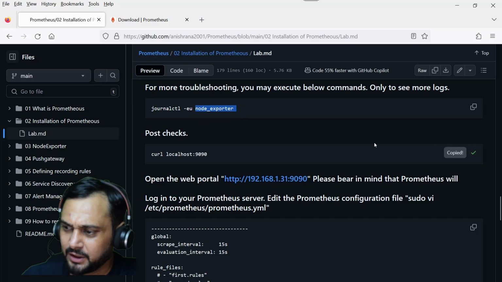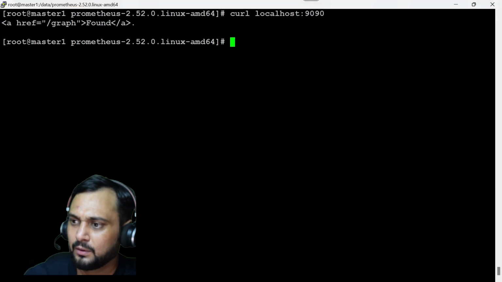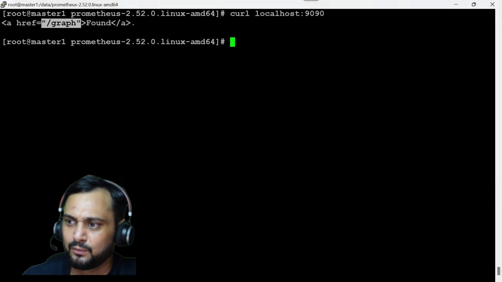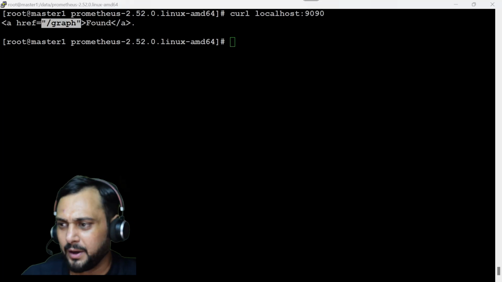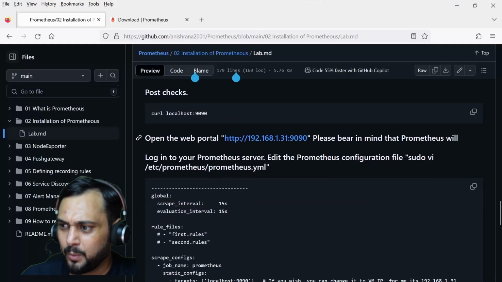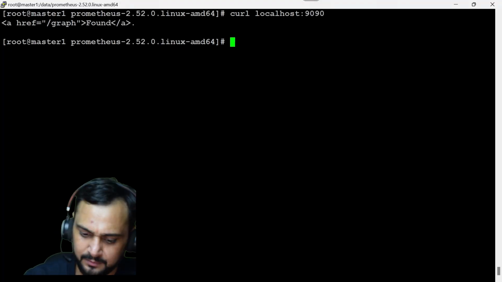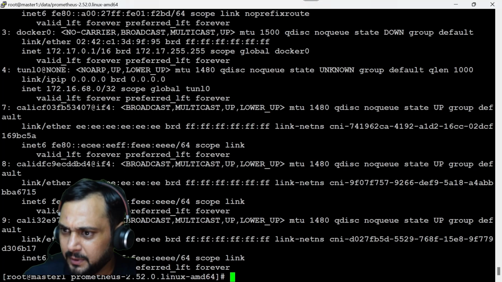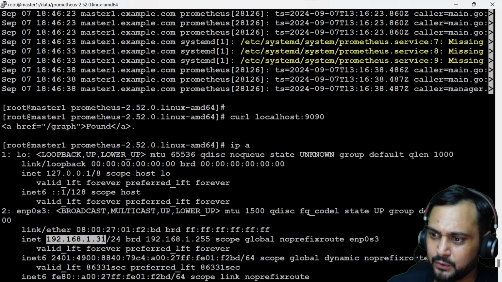Post check. We can also check whether the URL is working or not. It says graph found. It means that it is opening. Let's go down here. Open the web portal, and this is the IP address of my virtual machine. IPA. Where is my IPA? It is here. As you can see here,